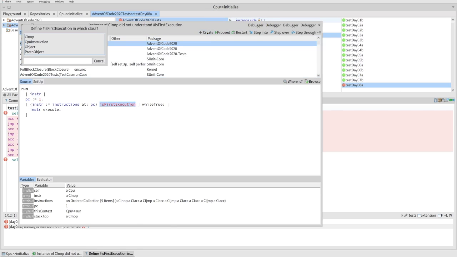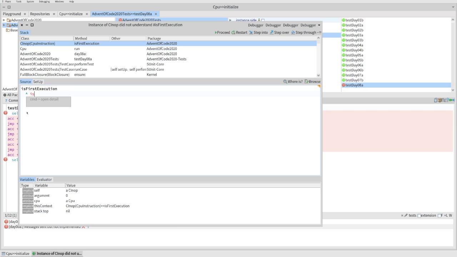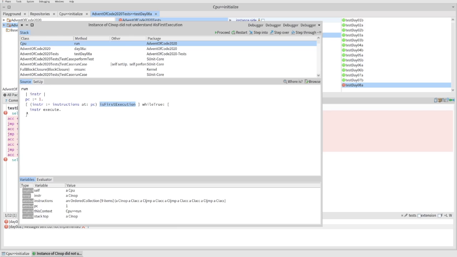Okay, so we'll create this. Again, we'll put it in the CPU instruction, and we'll return an instance variable called is first execution. But of course, that means we need to make that an instance variable. And that means we actually have to initialize it to something. So let's